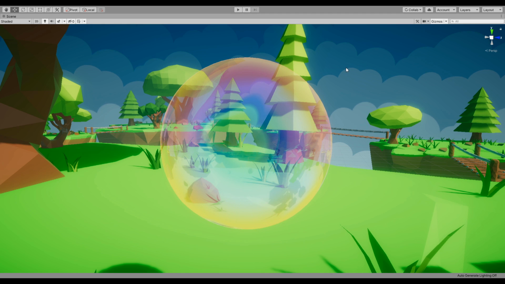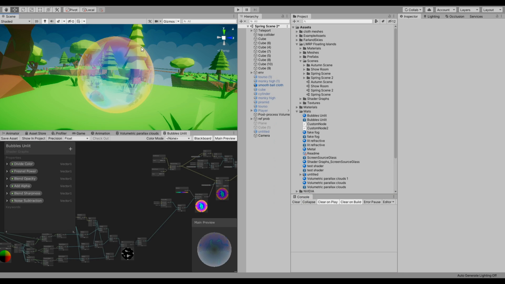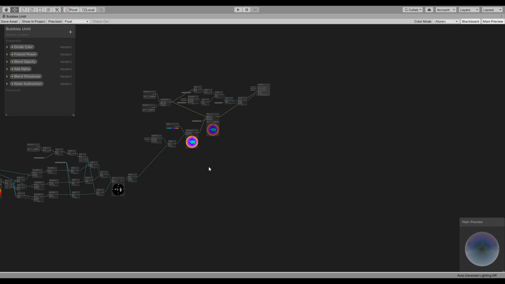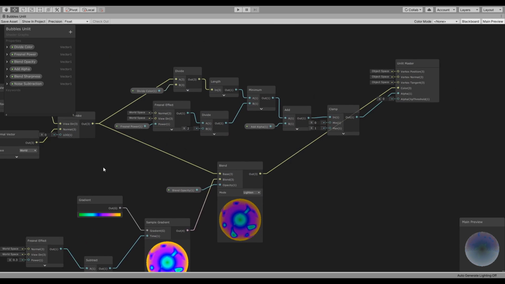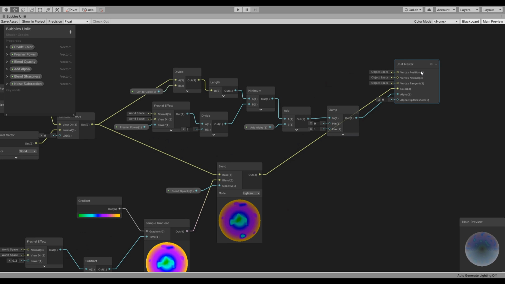This tutorial is going to be quick. I'm not gonna create it from scratch. I'm just gonna explain what I did. So you need to start with an unlit shader graph. You have to set it to transparent, and then